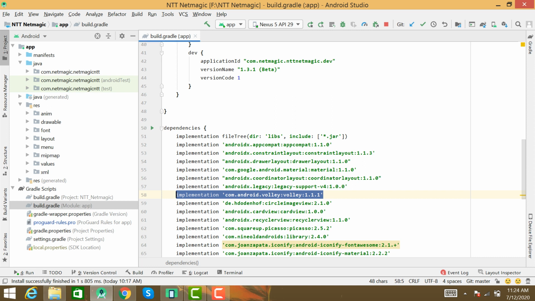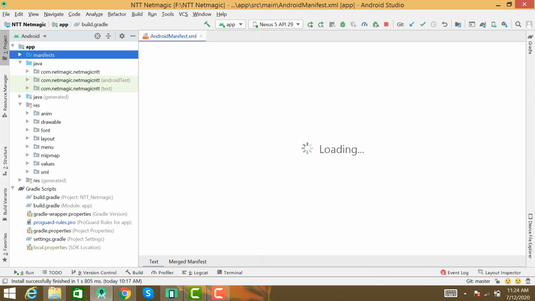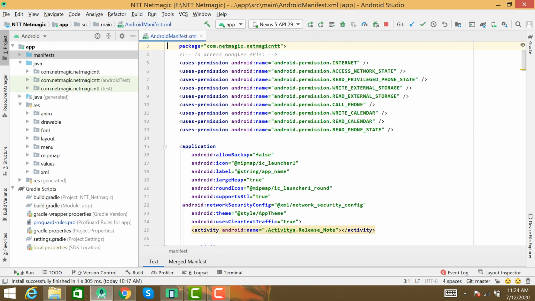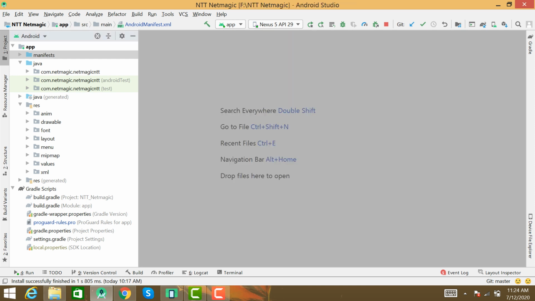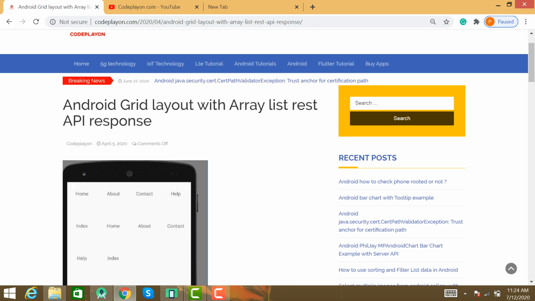Add the Volley library, and you can add internet permissions in the manifest file. After completing this step you can follow the next step.